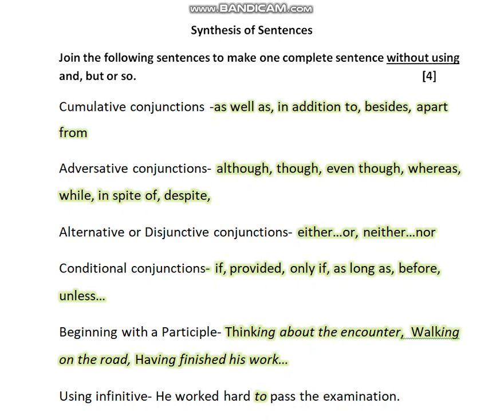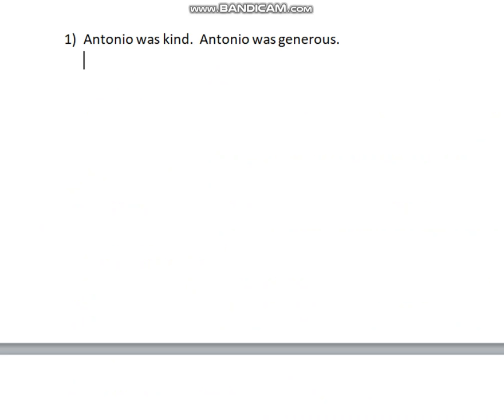We'll solve it together. We'll begin with the first category, that is cumulative conjunctions, where we simply add the two sentences using these options. So the question is, Antonio was kind, Antonio was generous. First of all, very calmly understand the meaning of the sentences given. No contrast, no condition, no choice. Hence, we simply add them, and the options are: first, Antonio was kind as well as generous, full stop, no comma, or